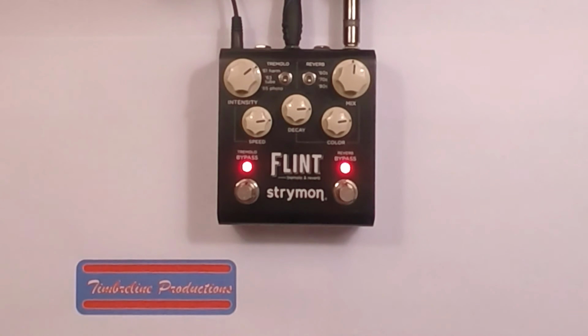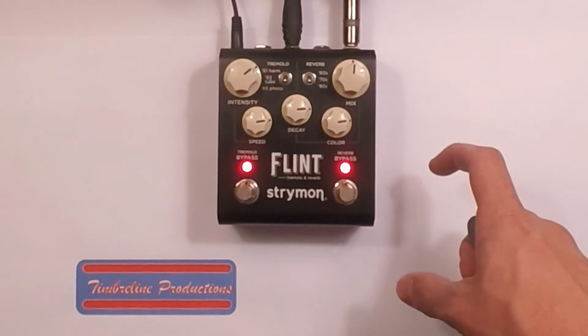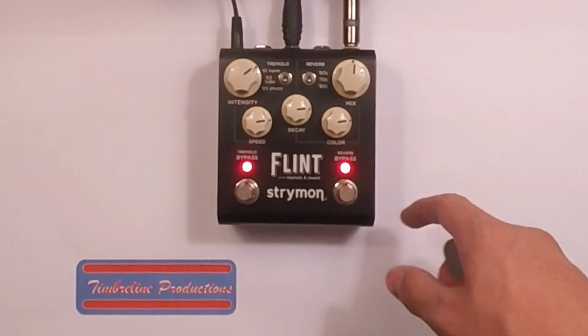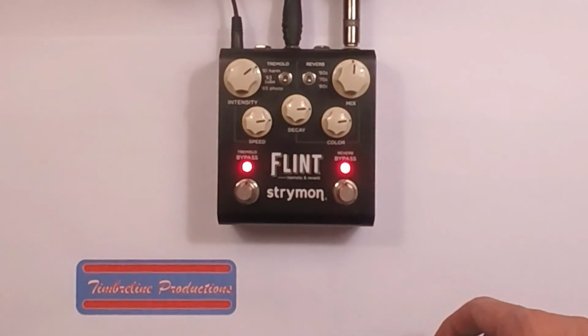So there you have it. There's my review of the Strymon Flint, which has got all your classic postmodern era effects on it with your tremolo and your reverb. If you're looking for a minimalist board, or maybe looking to downsize like I did, with both a reverb and a tremolo and a vibe, and because I have the tap favorite, which lets me save a favorite setting or use a tap timer for the tremolo, I have a favorite setting which has the harmonic tremolo and the 80s Hall, so it's got my vibe and